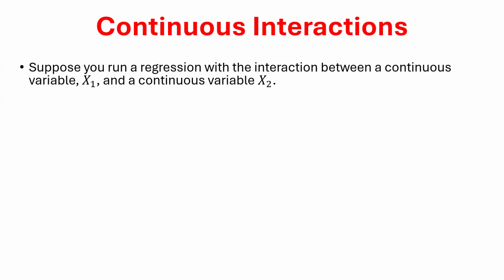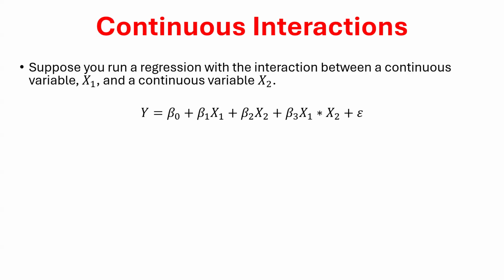So we've talked about interacting dummy variables. We've talked about interacting a dummy with a continuous variable. Today, we're going to talk just about interacting a continuous with a continuous variable. So let's say I have two variables, x1, x2. They're both continuous, right? So I might think, for example, something like